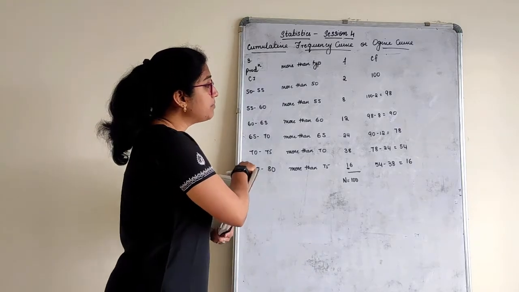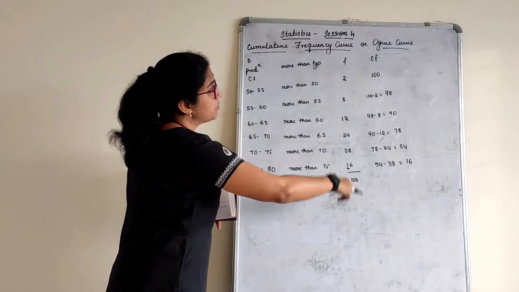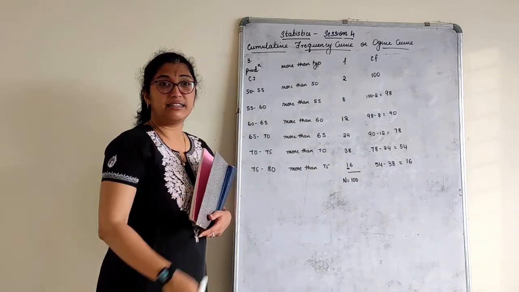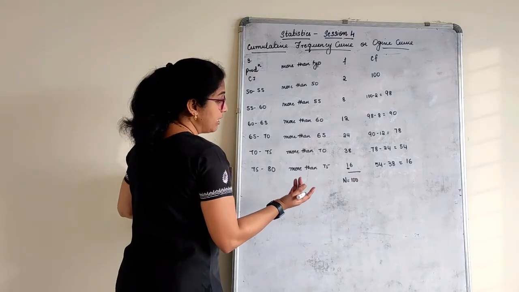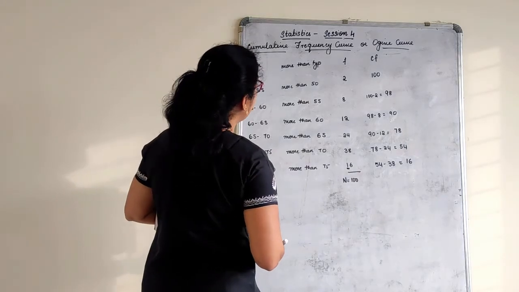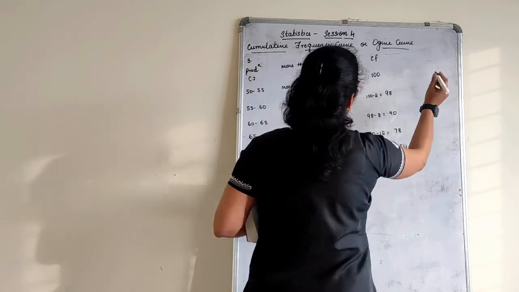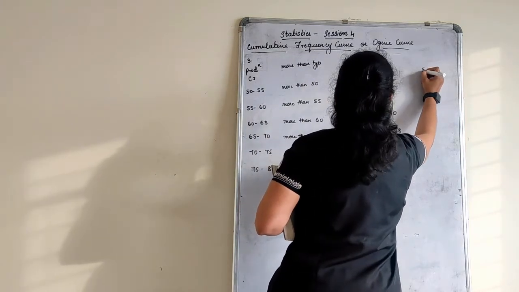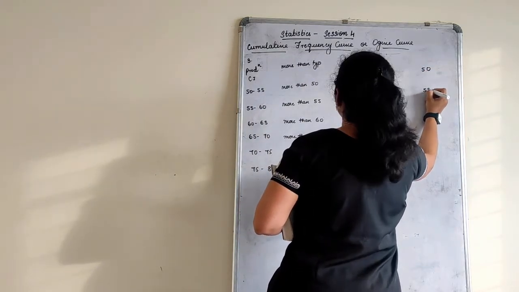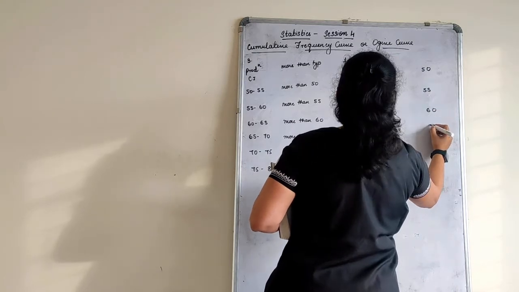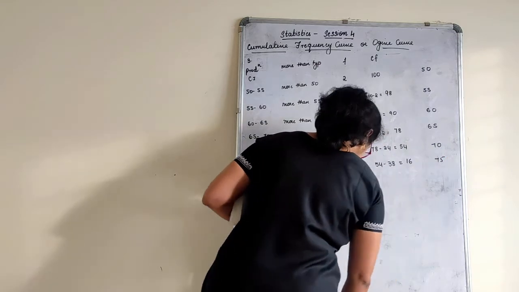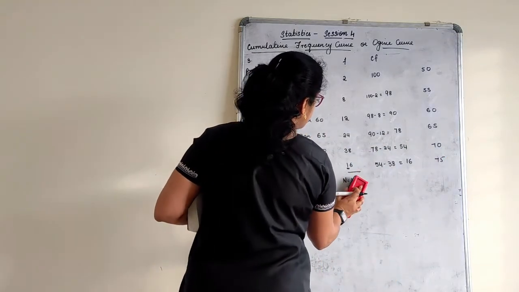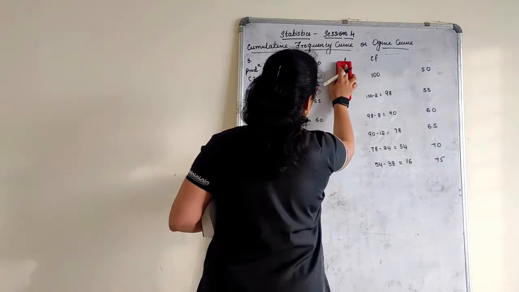Okay. You remember? We can again convert this more than type frequency to this again. We had done that in median sum, more than or below what we had. So, graphical part now, let us calculate. So, I will just write here and I'll rub this part. For this is more than 50, more than 55, this is 60, this is 65, this is 70 and 75. Okay, I'll just erase this part because it is not required anymore.